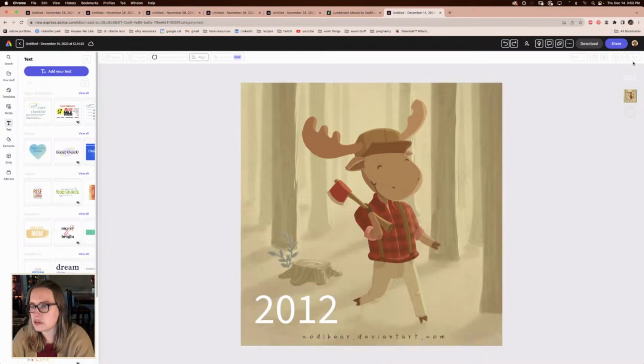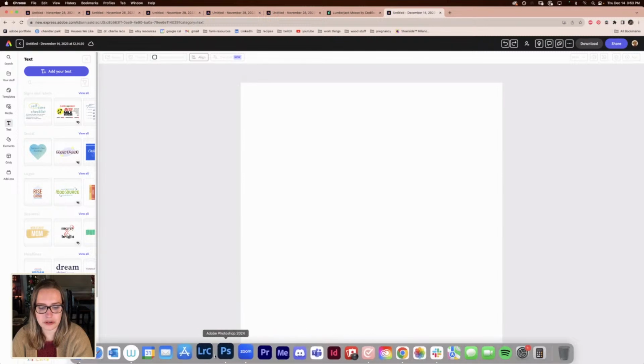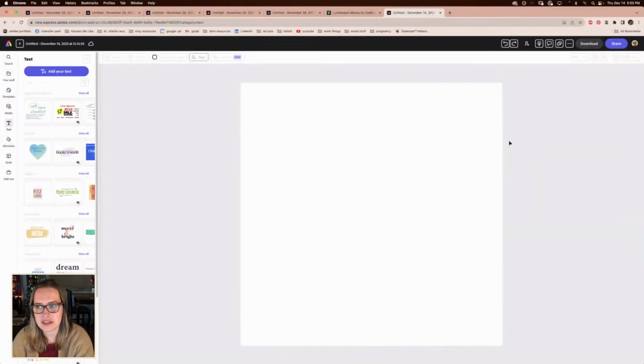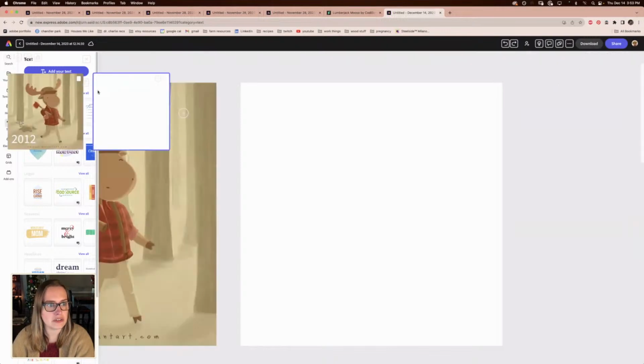And then if you wanted to, you can also add a new page and add in your new piece. Of course, I didn't actually save it as a PNG, but if you saved it from Photoshop, upload it to Adobe Express, and then you would be able to have both of those pages. Oh my gosh, it's being so weird. The pages are all transparent. Normally it doesn't look like this. There's a weird UI bug today. But yeah, we would have both of these pages and you would be able to upload both pages individually as a carousel post to Instagram.